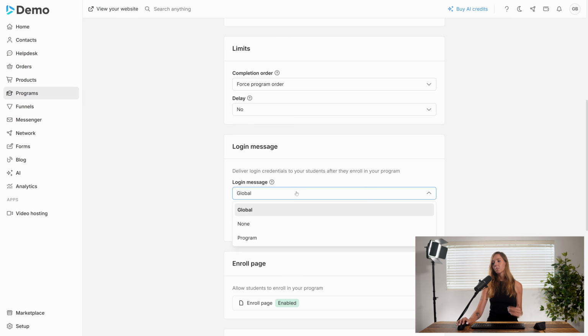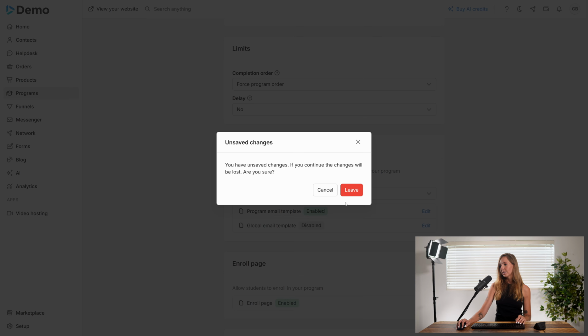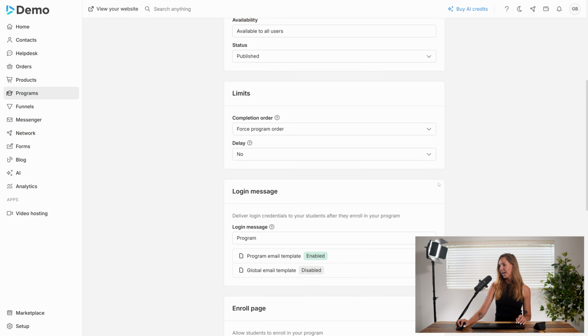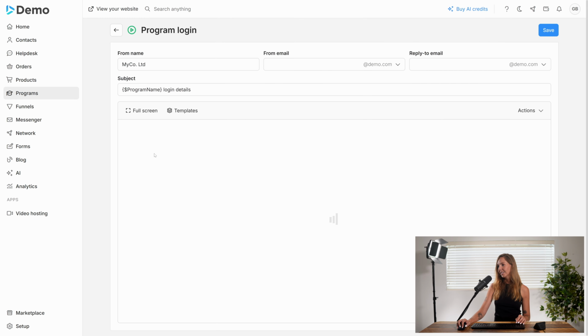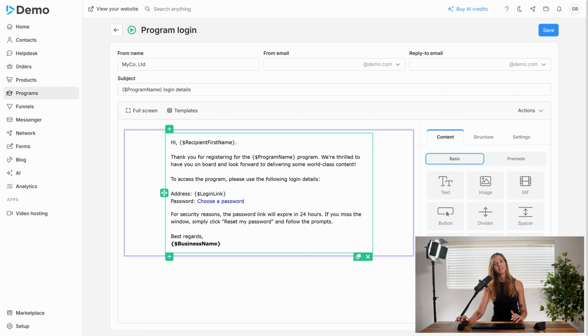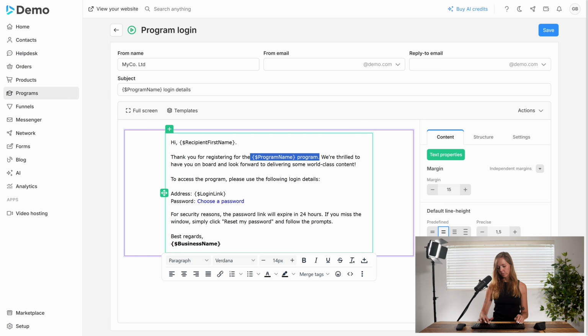But if I want to make it more personalized, I can go ahead and create a program-based message. I can then go ahead and edit that template. I need to save my changes. Let's go ahead and hit save. And then I can edit this message. From here, we can go ahead and create something more custom. So you wouldn't need to have the program name program. You could say exactly, thank you for registering for